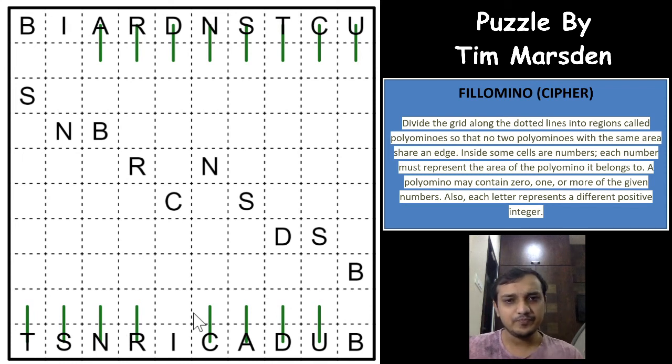And let us assume that R is 9 here. Can R at the top row touch the bottom row R using only 9 cells? It is not possible, of course, because the path between those two cells, including those two cells, would require a minimum of 10 cells, right? The minimum path from this cell to this cell would require 10 cells, which means that the 1 to 9 alphabets here and here won't be touching each other. It is not even possible, right?